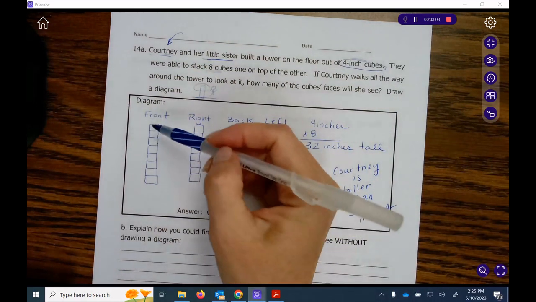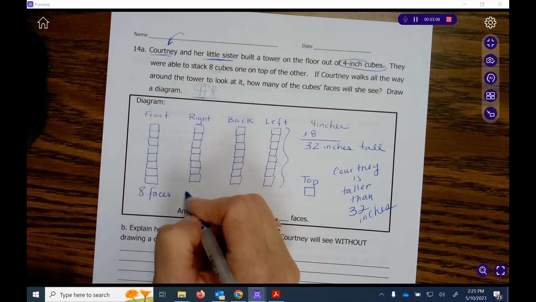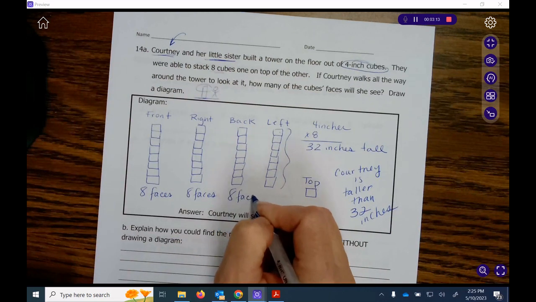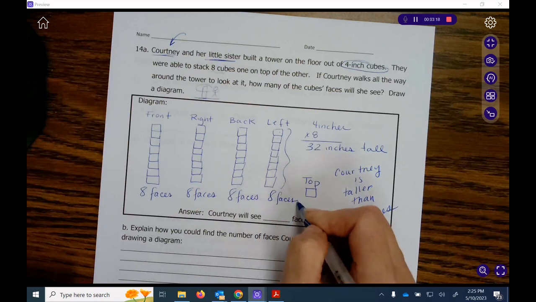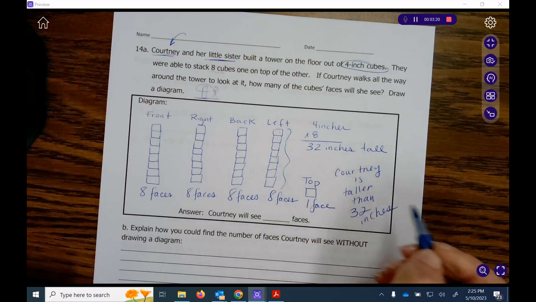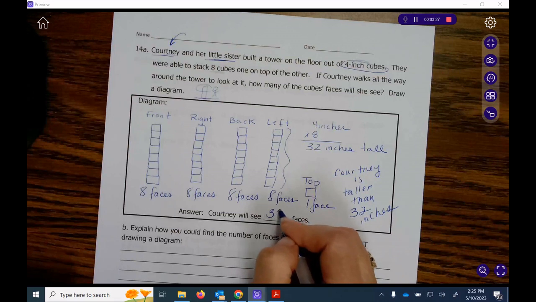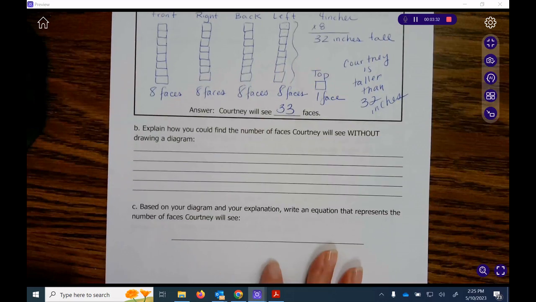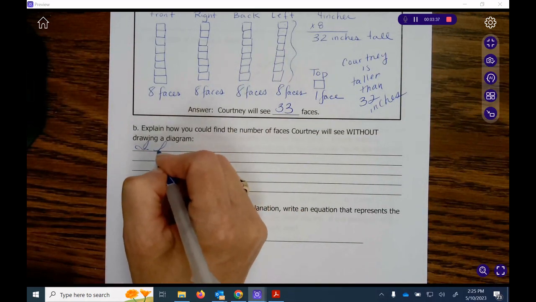Okay, so she can see 8 faces in the front, 8 faces on the right, 8 faces in the back, and 8 faces on the left, and 1 face on the top for a total of 32, 33. 33 faces in all. We're supposed to write an explanation for this, so I will write,